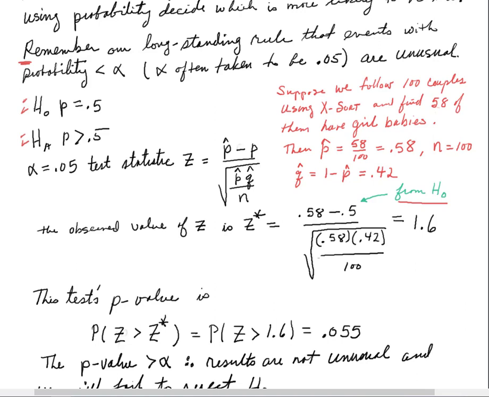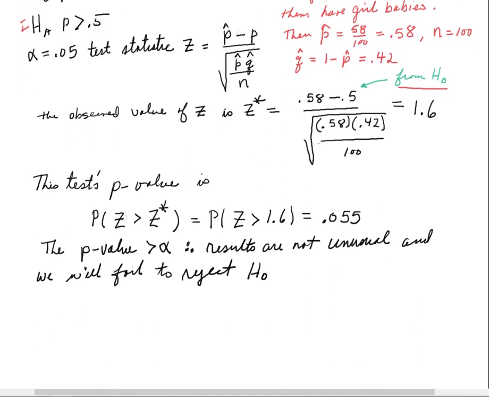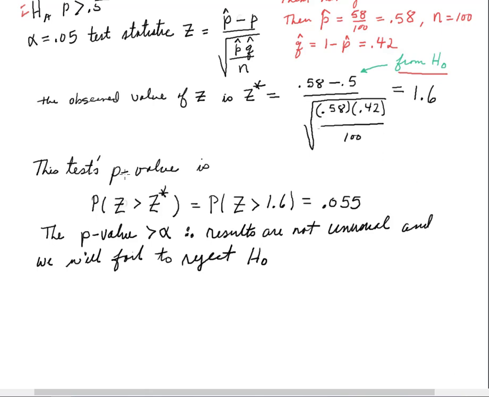Now, we're going to find something else, a new term. We're going to find a p-value for this test. And this p is certainly not the same as either of these p's. This is sometimes called a prob value, or the p-value of the test. And so the p-value is, by definition, the probability that z is greater than the observed value of z, which would be the probability that z is greater than 1.6, because 1.6 was our observed value. I did this using my calculator, but you could use Minitab to do it. The probability that a normal 0, 1, which is a standard normal, which is a z, exceeds 1.6 is